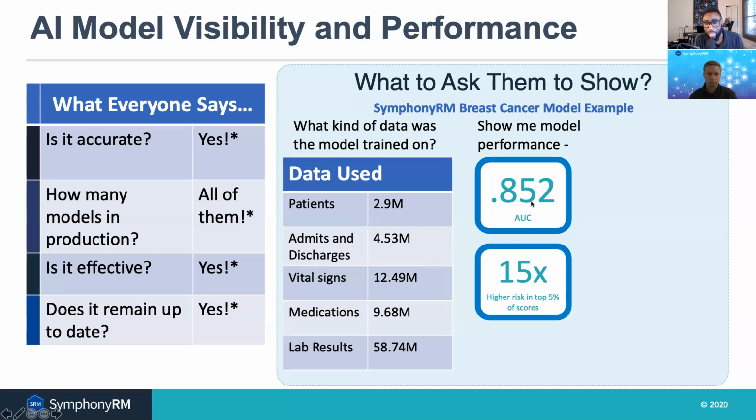You can start comparing, oh, this approach performed at 0.85 AUC, whereas this other approach performed at 0.67 AUC. So we would assume it's likely that the 0.85 one is going to do a better job producing the results that we want. Other questions we can ask: of the people that are targeted, what's the improvement in likelihood that they fall into the category that we're trying to track?